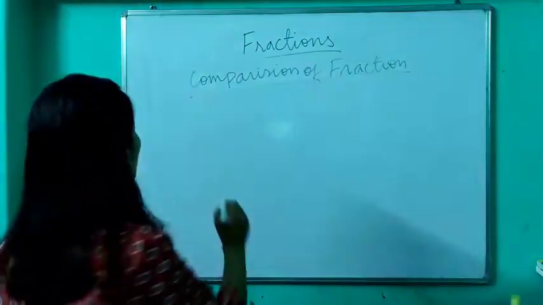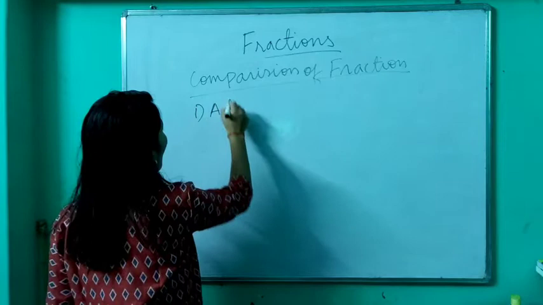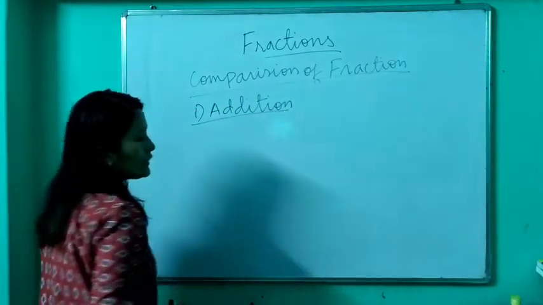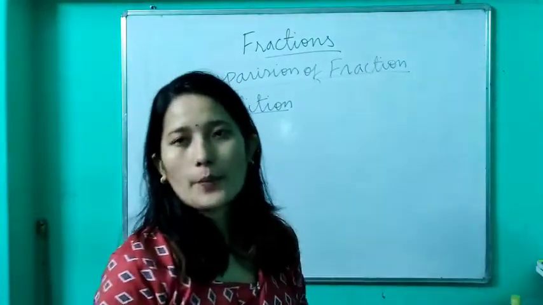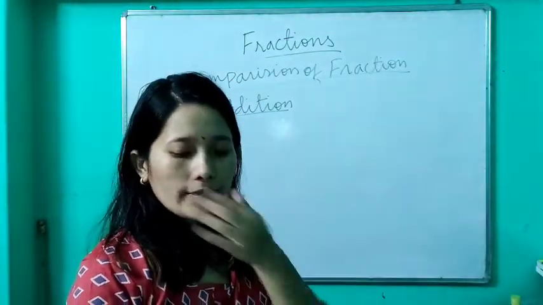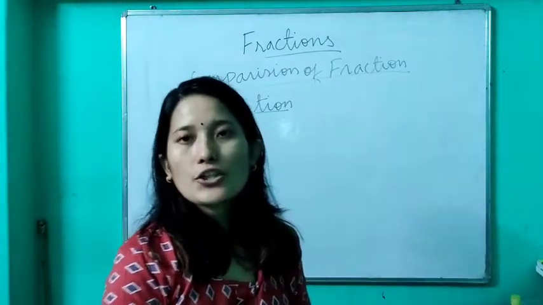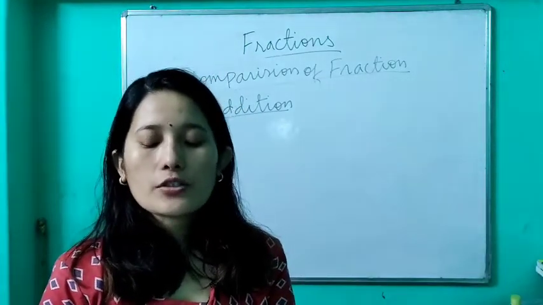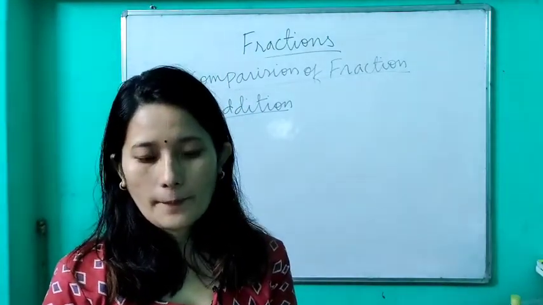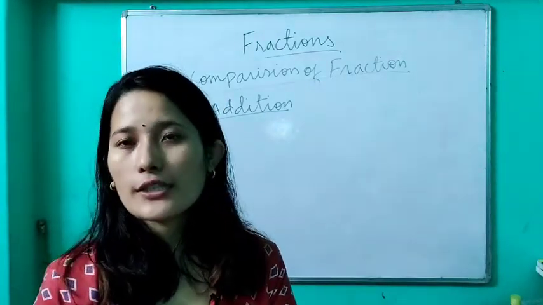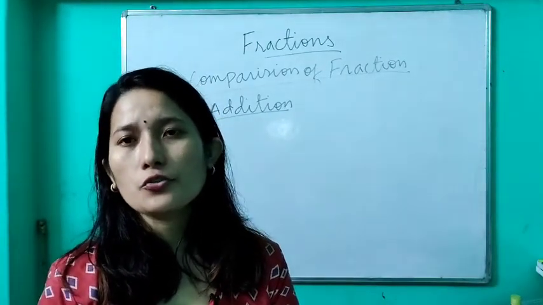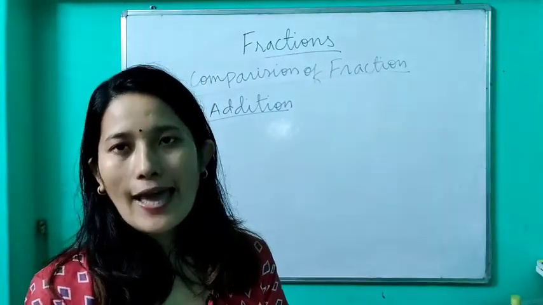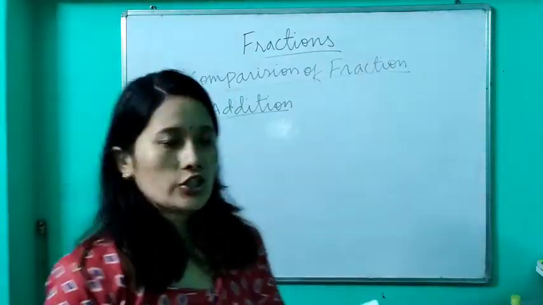So first would be your addition. How do you add the fraction? If you understand addition properly, you can easily carry out the subtraction too. Okay, so for addition, let us go to exercise 4D. Question number 1. Add the fraction and reduce the sum to the lowest term. Okay, so reducing to the lowest term I have already taught you earlier. So first I'll teach you how to add, and then again I'll show you the reduction process.